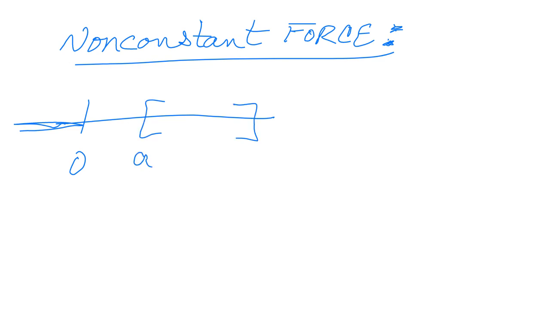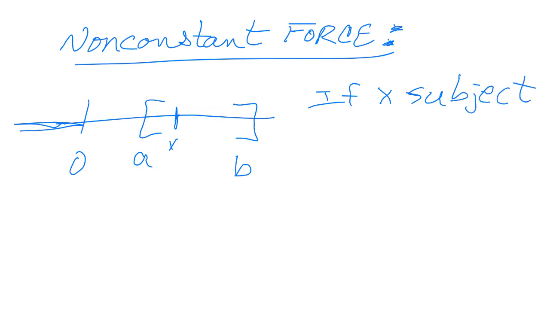But anyway, if we're trying to move something from A to B with a variable force, and of course there's any point X in there, we'll just call it X. So if an object moves from point A to point B subject at each point X to a variable force, or a varying force,